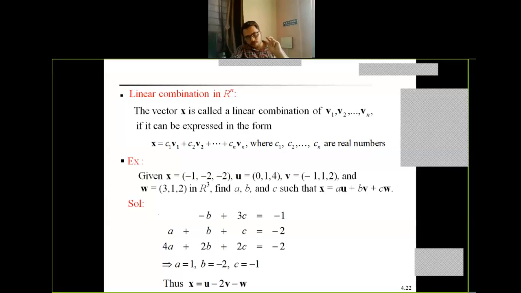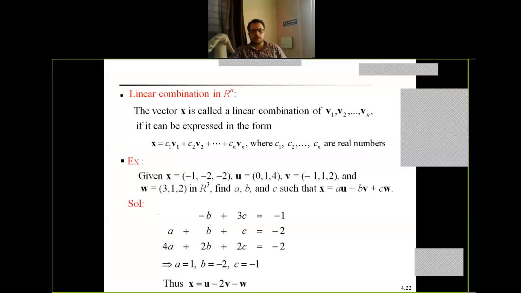In that case, we will directly check the linear combination: whether one vector is dependent on another, in the sense of whether the first vector is a scalar multiple of the second vector. If the first vector is a scalar multiple of the second vector, then we will say that these two vectors are linearly dependent, because there exists some scalar c which is dictating their relationship. But if we cannot express any vector as a scalar multiple of the other vector, then we will say that they are linearly independent.